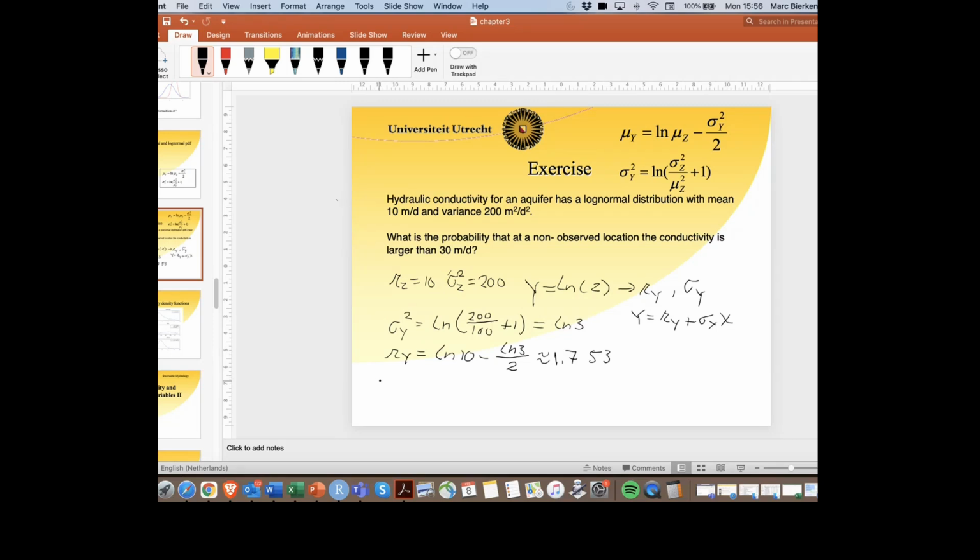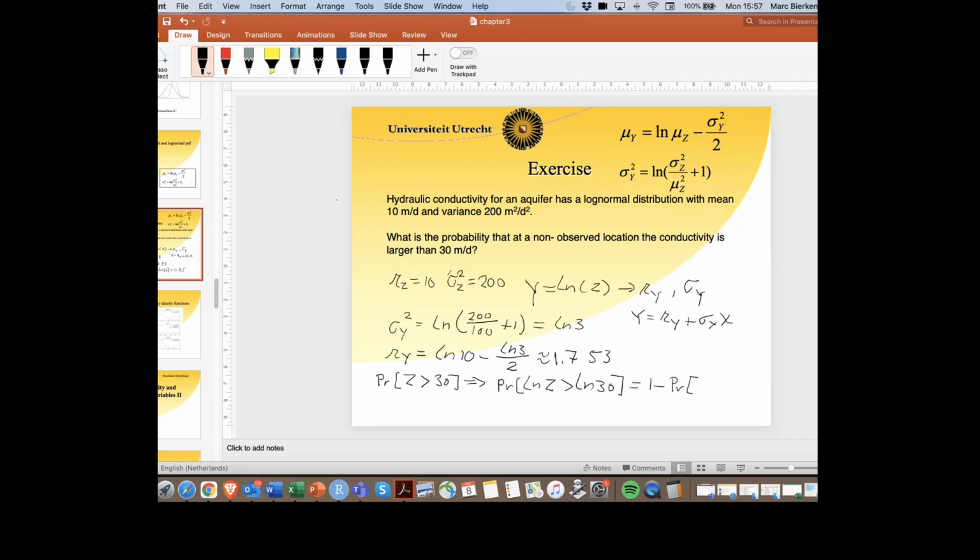So, okay, now we have the probability that Z is larger than 30 can actually be the same as the probability that ln Z, which is y, is larger than ln 30, because the logarithm is a transformation that doesn't change the order of the variable. So then, which is actually 1 minus the probability that,